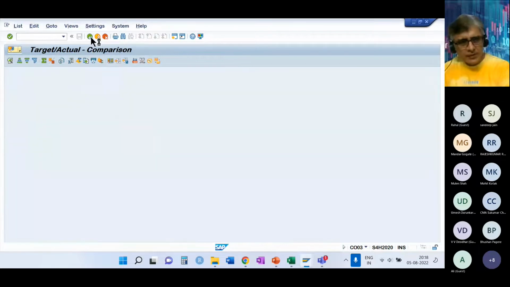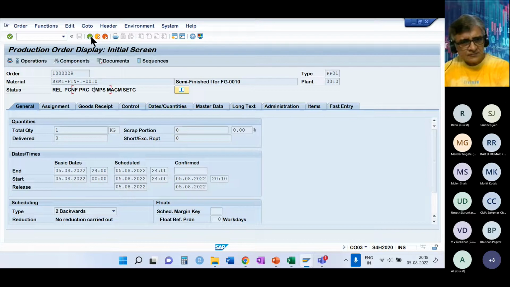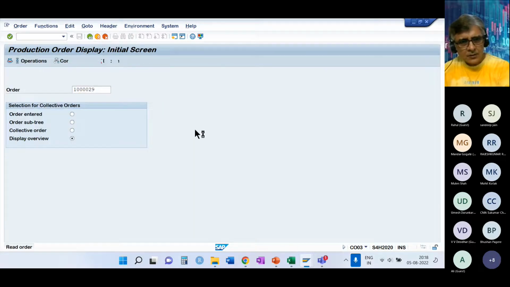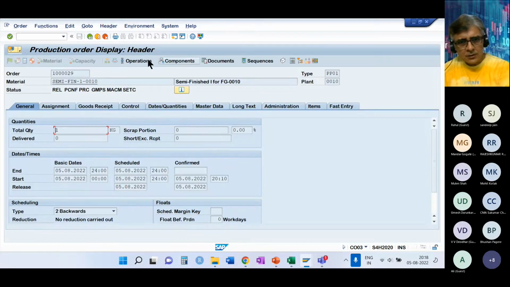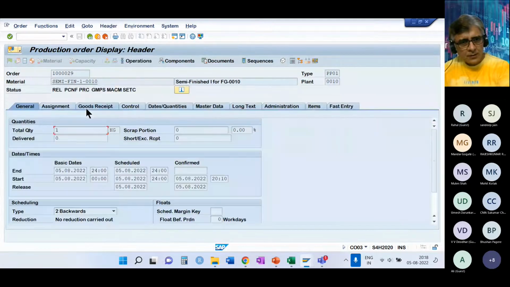So if you come back to this again, go to operations, and it shows confirmation. Here it is still PCNF because we still need to confirm the third one.